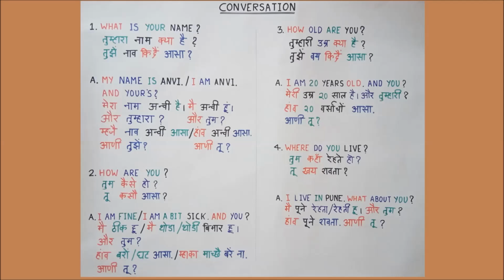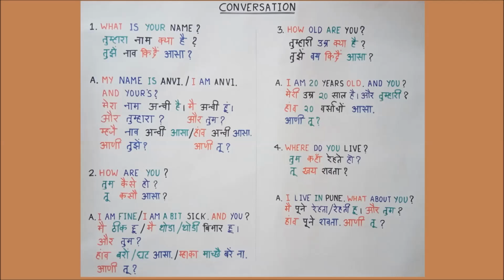Okay, so here if you see, you won't find it matching, right? So if you want to translate हांव 20 वर्साचो आसा in Hindi 100%, you will say मैं 20 साल का हूँ, right? So that is similar. हांव means मैं, 20 is 20, and वर्साचो means साल का. आसा means हूँ. You have seen that earlier, right? So आसा can be हूँ, can be हो, can be है, any of these.